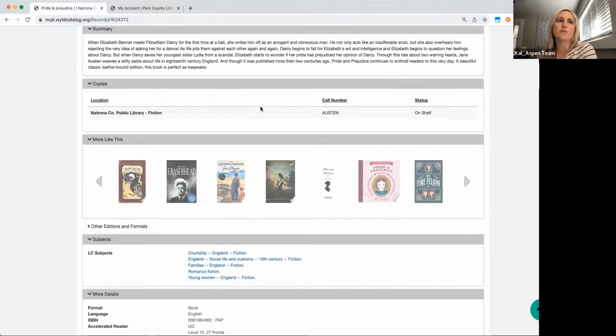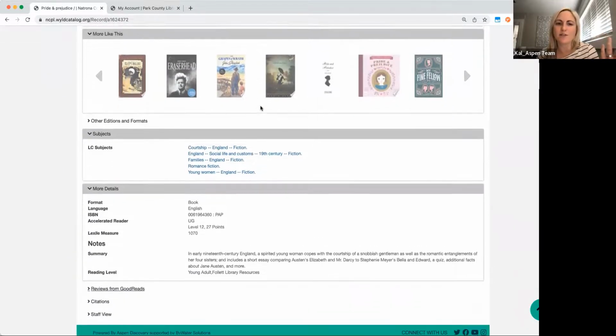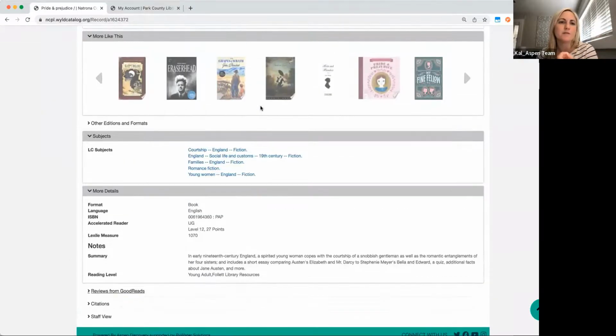But right now the Goodreads is just a free integration that we have turned on for you all. The other types of reviews that are based on journals and things like that are a paid subscription, and then we would add the integration into Aspen.